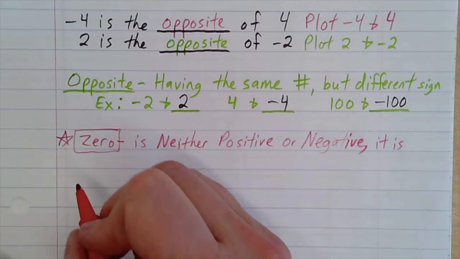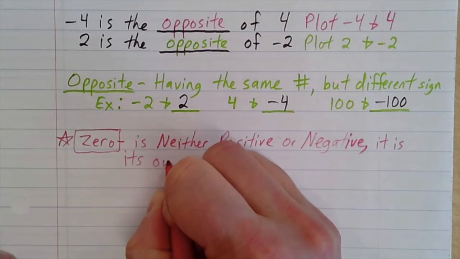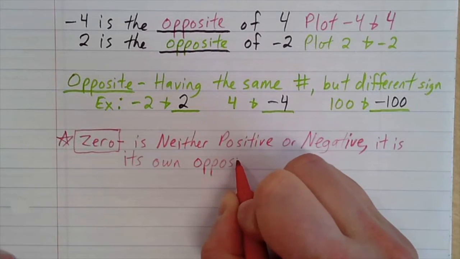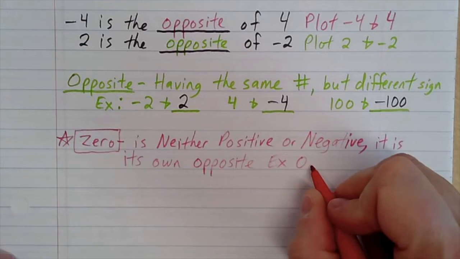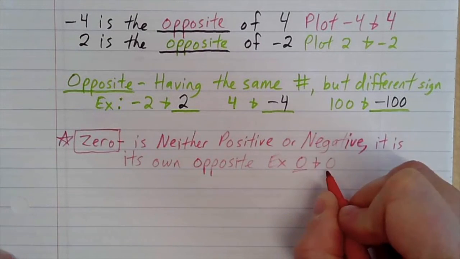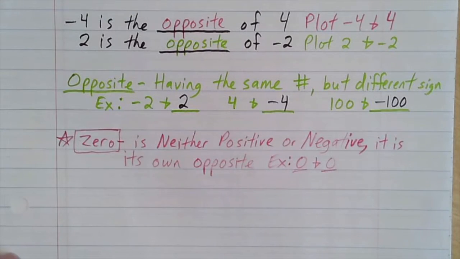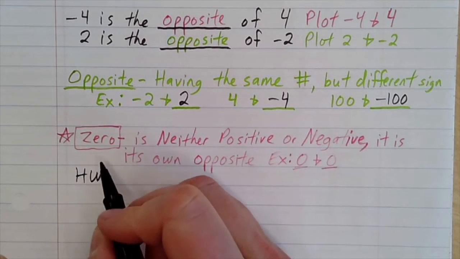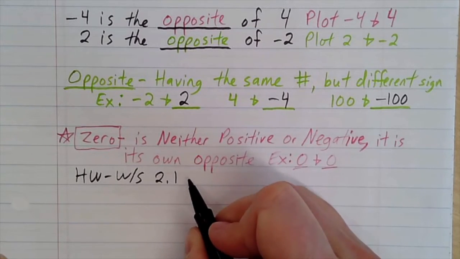It is its own opposite. So if I say, what's the opposite of 0? You just need to give me 0. There is no such thing as -0. My pen's running out here. 0 and 0. And we're about halfway into this paper, and the homework for this is a worksheet 2.1, numbers